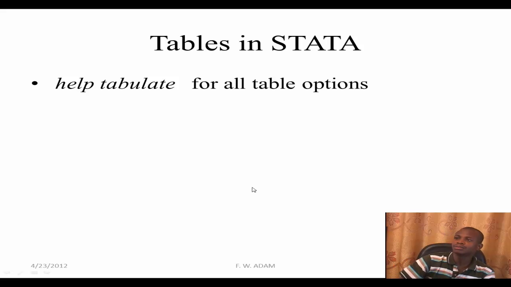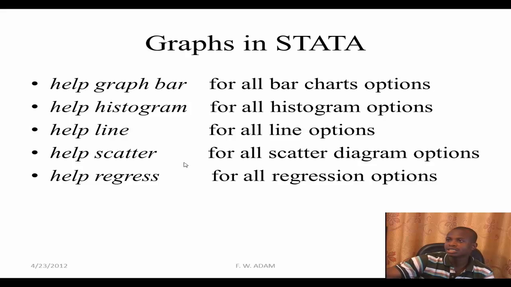Then how do you create tables in Stata? To get all the table commands, you just type help tabulate at the command prompt. Then you press your enter key to see the options. And then to draw graphs, we just type help bar, graph bar for all the bar chart options, help histogram for all histogram options, help line for all line options, help scatter for all scatter diagram options, and then help